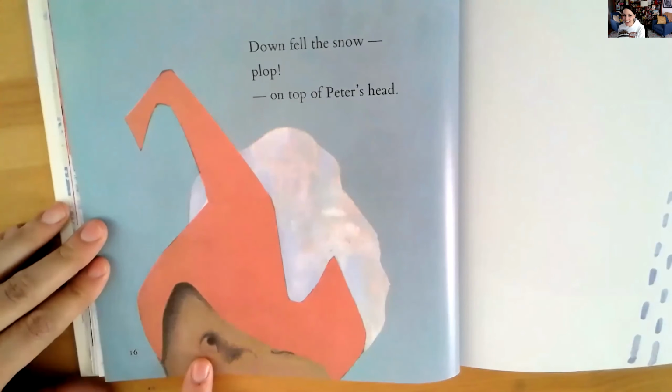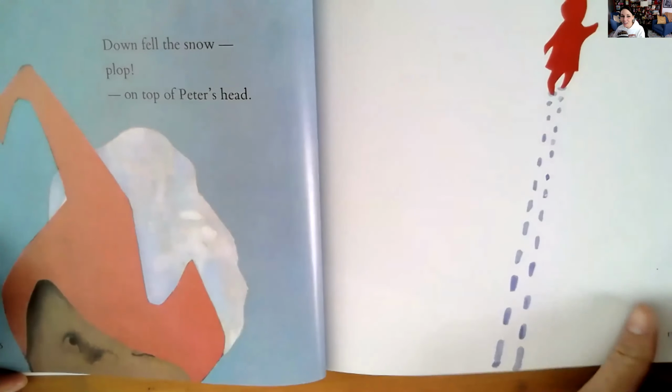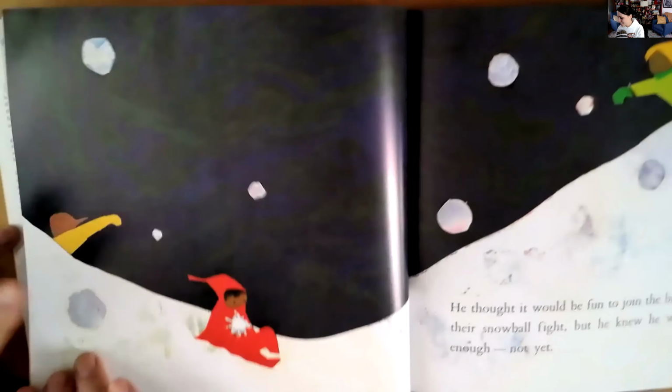Oh, he kind of has angry eyes. I don't think he meant to do that. Where do you think he's going now that he has snow all over his head? I could take a guess, but